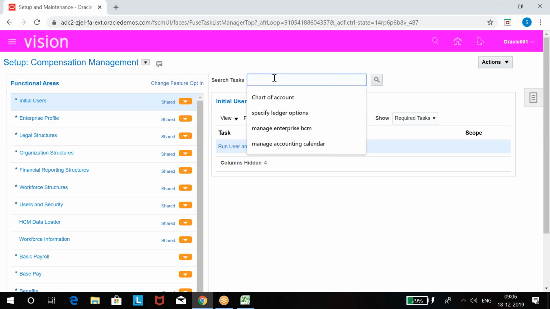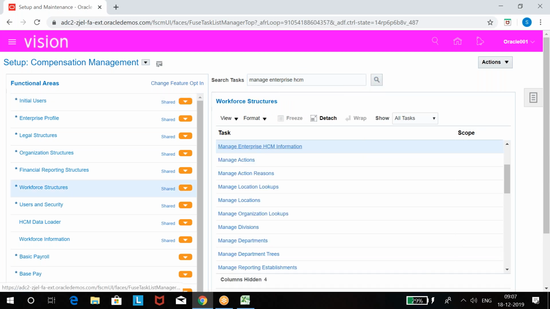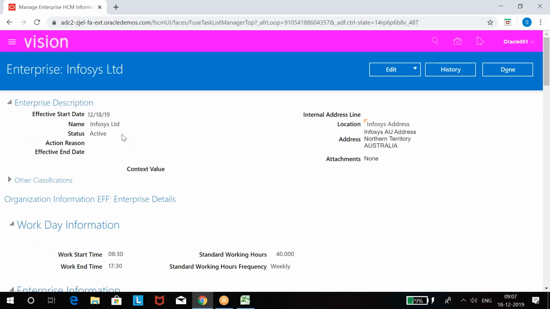Manage Enterprise HCM Information is the task name. So somebody created it with some name; only one name can be created. If you want to modify it with your name, you can, but no problem what name you provide here, because see,